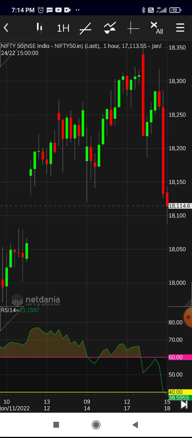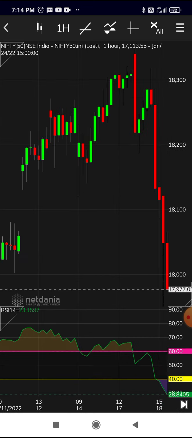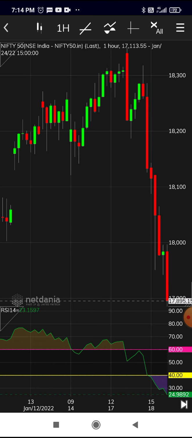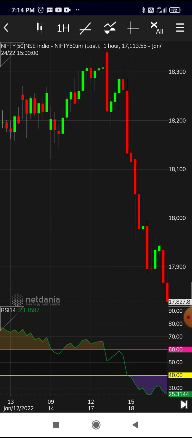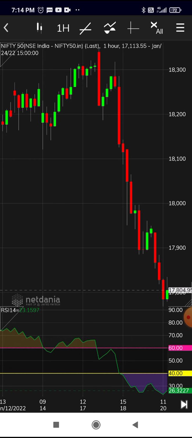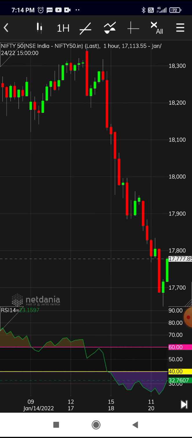So you can see that when the Nifty was 18,114, the RSI had fallen to 38.5, and then you see what happened. Moving to the right, Nifty fell drastically to 17,977. It still went down. RSI kept on going down. There was some pullback, a little bit of pullback. Then it still continues to fall. You can see that RSI is not coming up, it is going down and down, it is staying below 40. So it came up a little bit at